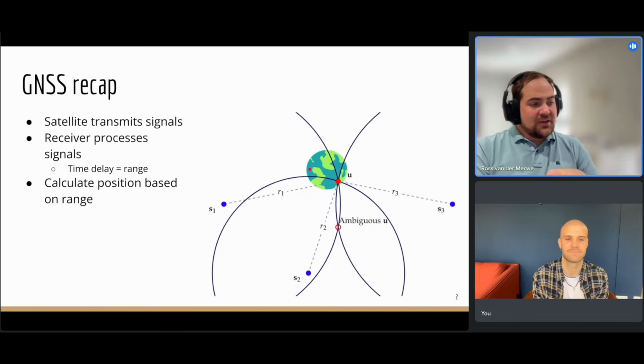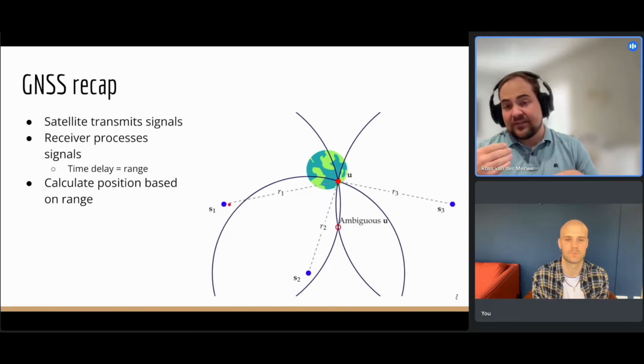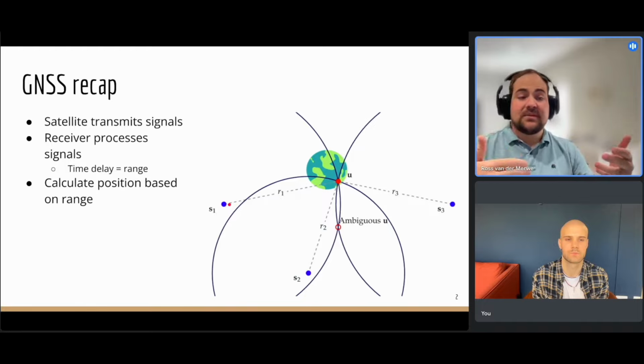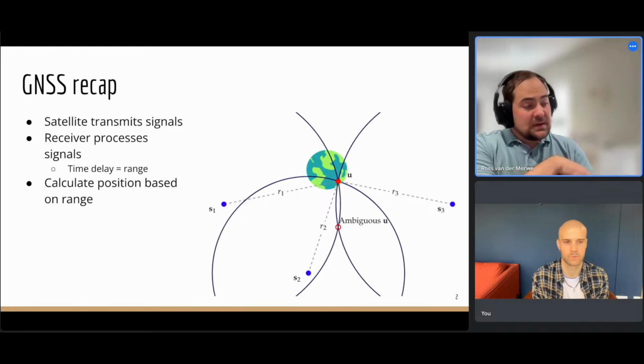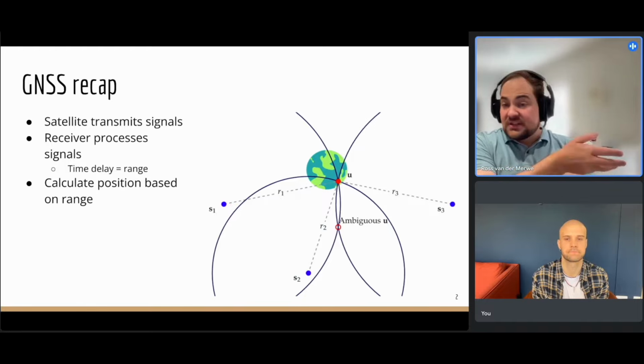But the important thing here is, because you have a transmission delay from when the satellite sends a signal, it takes some time until it gets to us at Earth, which is at the speed of light as electromagnetic signals travel. This time delay results in a distance that you can calculate, and that's how you can get these together. As I said, the basic concept is very simple. I think that's all we need to do, so we can go home now. We know what GNSS is. But to really map this a bit closer to what machine learning can do for GNSS, we have to go a bit more deep into how a GNSS receiver works.